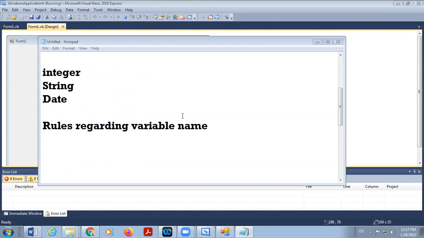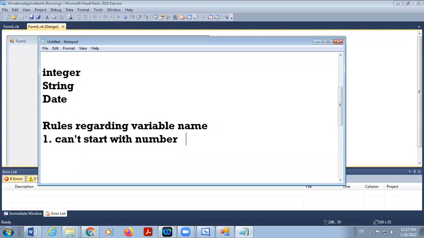ठीक है. Variable first rule is can't start with number. उसको कभी नंबर से शुरू नहीं करना. आप वेरिएबल नेम A2 रख सकते हो बट कांट 2A. ठीक है. नेक्स्ट इज